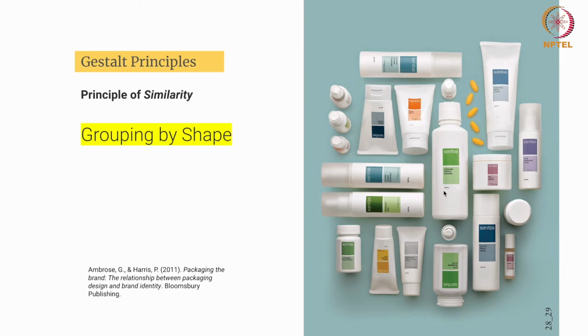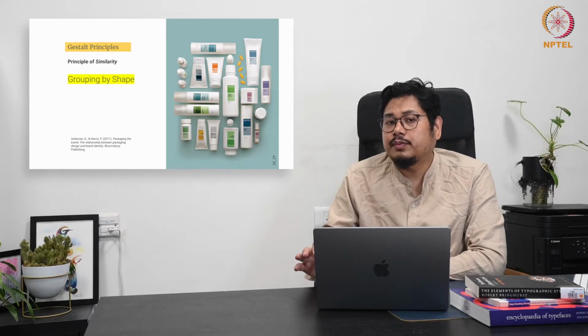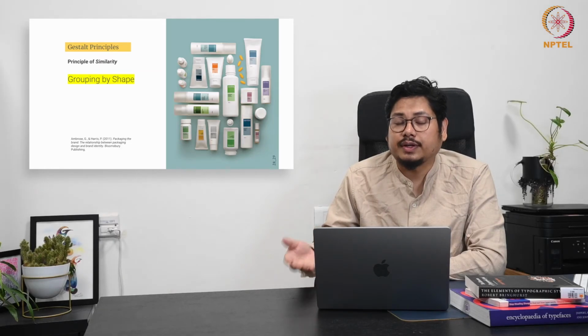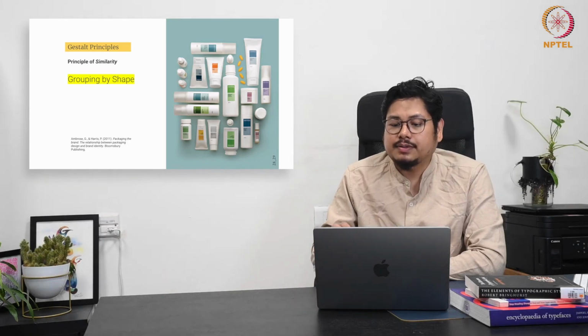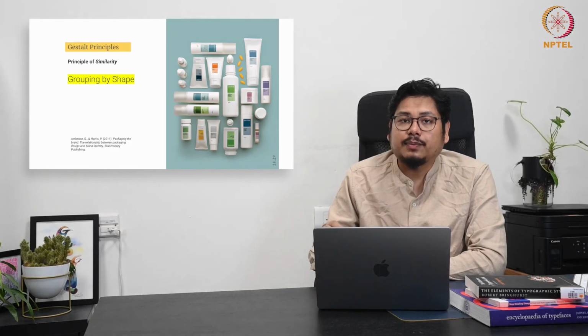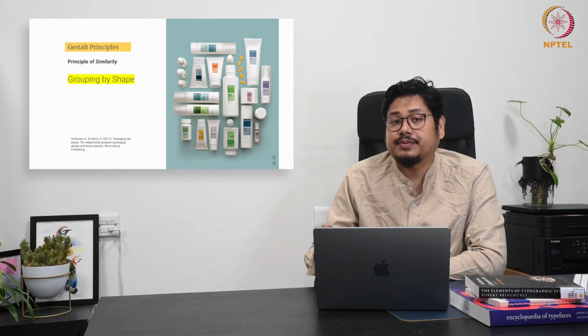So even though if I change the color of it, maybe there are 3 or 4 colors of a particular thing, my brain will always make us believe that since the bottles are the same, maybe these are all lotions but with different features or ingredients, right? So especially in the world of packaging, this plays a very important role in creating a perception before buying or experiencing the product. So this is another example which we are looking at.